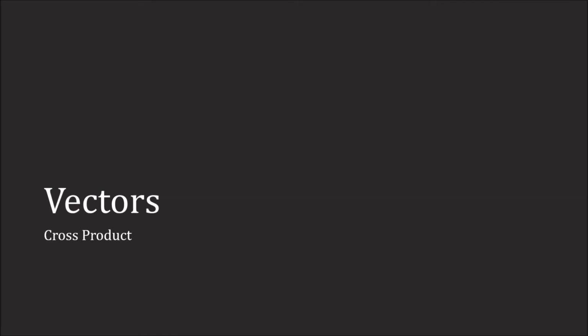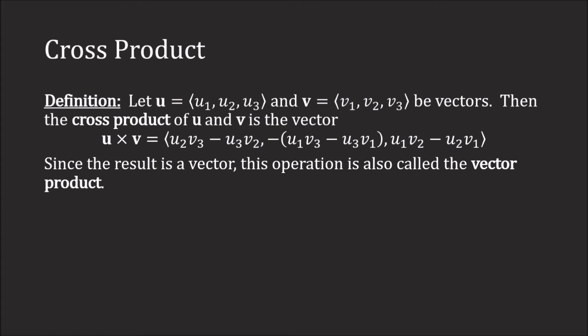We continue our study of vectors by now looking at the cross product. So let U be the vector U1, U2, U3. Let V be the vector V1, V2, V3. Then the cross product of U and V is the vector given by U cross V is equal to the